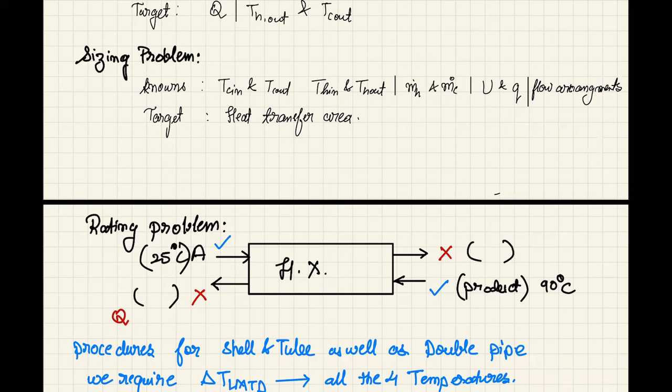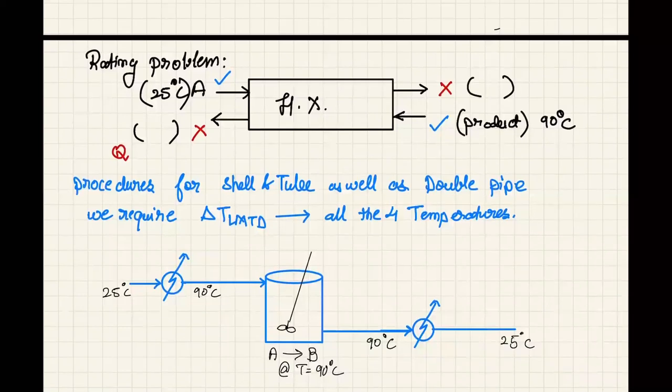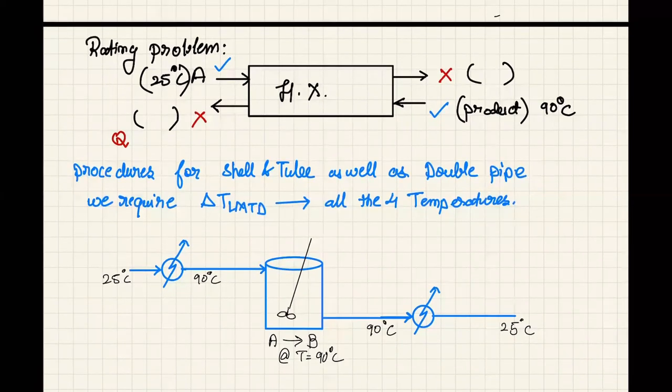We don't know the exit temperatures, but we are going to use it. We want to design an exchanger for this particular case, wherein we want to minimize our energy requirements, so that can bring down the cost. So this is one typical example in industry where a rating problem comes into the picture. This problem is not about sizing. This problem is a rating problem, because you don't know the outlet temperatures, you don't know the Q as well. So is the concept of rating problem clear to you guys?